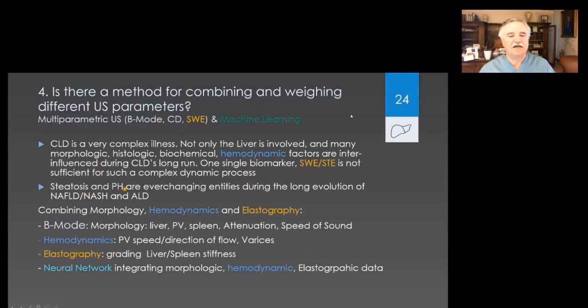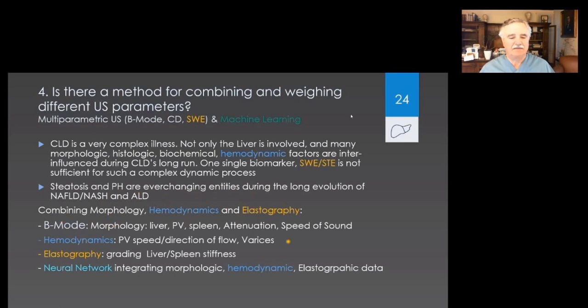Steatosis and portal hypertension are ever-changing entities during the long run of NAFLD and NASH, and also during the long run of alcoholic liver disease. We may combine morphology, hemodynamics, and elastography, measuring parameters by ultrasound in order to have